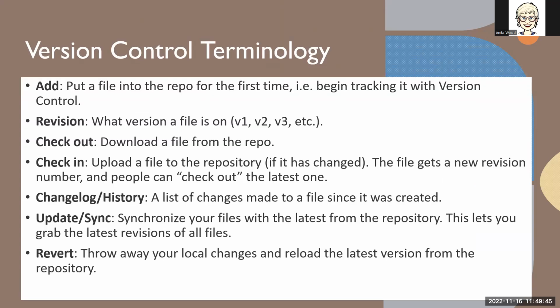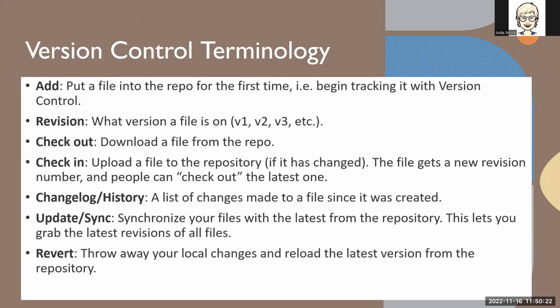I know you were hoping the vocabulary was located only on that one slide. Not to be. These terms are used to describe the actions that occur in version control systems. You have an add, which means you put the file back in the repo for the very first time. And once you do that, now version control is started. You have a revision. Now, after you add, you can keep making revisions and placing those in the repo, and they are being tracked. So you have version 1, version 2, and version 3